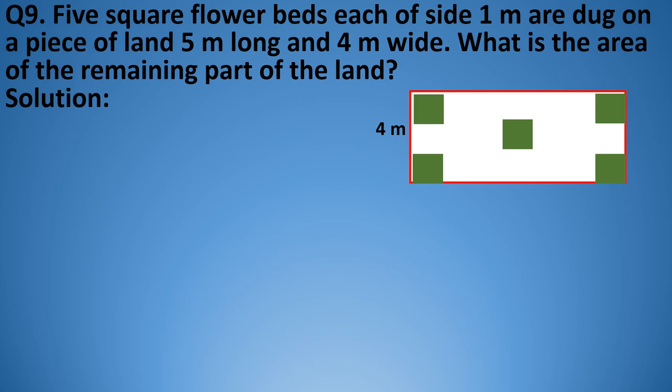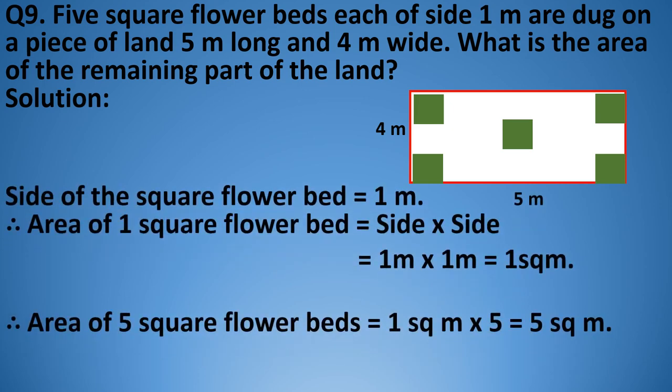Side of each square flower bed is 1 meter. Now you have to find out the area of the remaining part of the land. That means you have to find out the area of the white portion. Green color portion is our flower beds. 5 flower beds. Okay, and the complete red boundary is the piece of land, and the white portion area you have to